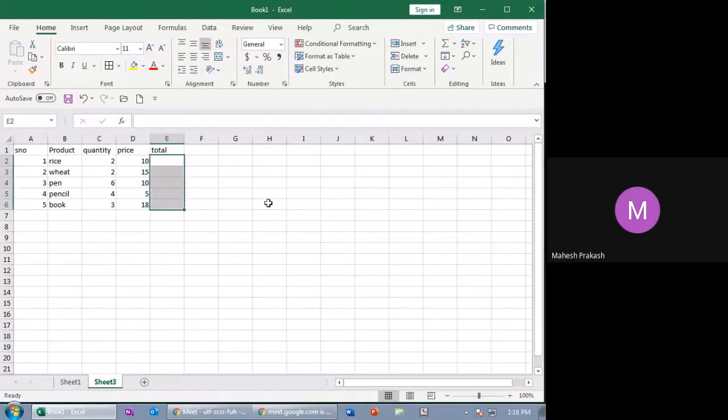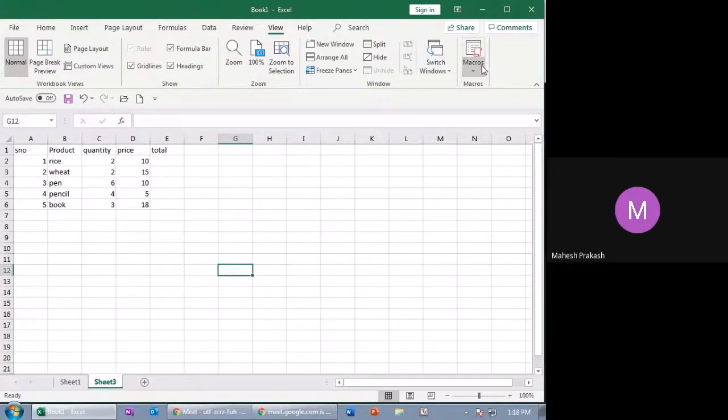Listen to this carefully. In view, we have macros. Now imagine this is Reliance Fresh. On a daily basis, I am doing some calculations. What type of calculations?